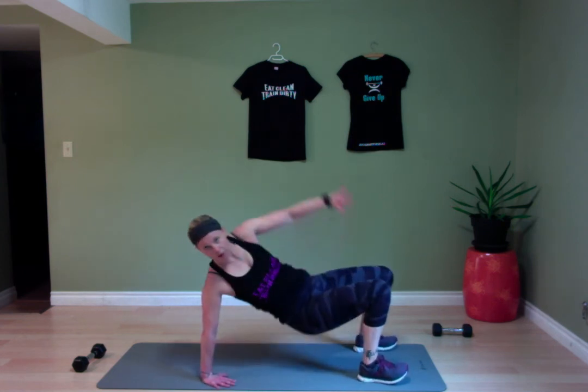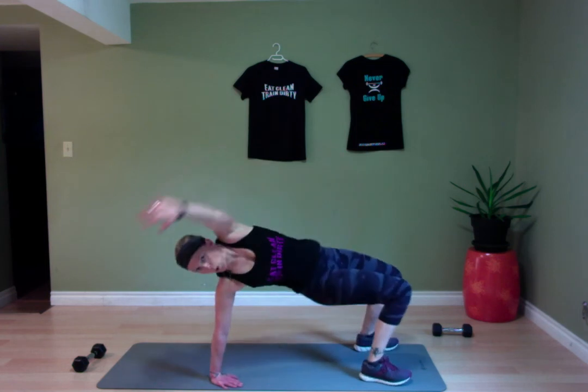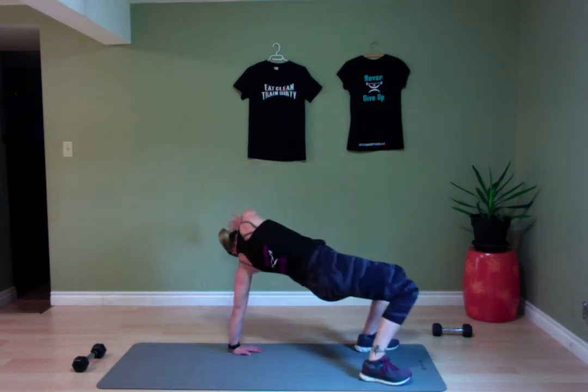We're going to come up into a tabletop. Your hands are going to go behind you. We're going to lift your hip with a diagonal lift. So we're going to lift, and then I want you to reach it diagonally, like you're trying to go down to the opposite side of your mat, and then coming back down, and then lifting it, switching to the other side. Ready, set, and go. And down, other side. Now again, we're not going super fast. And again,